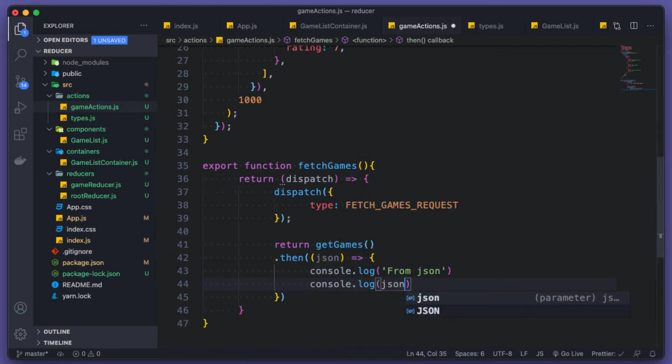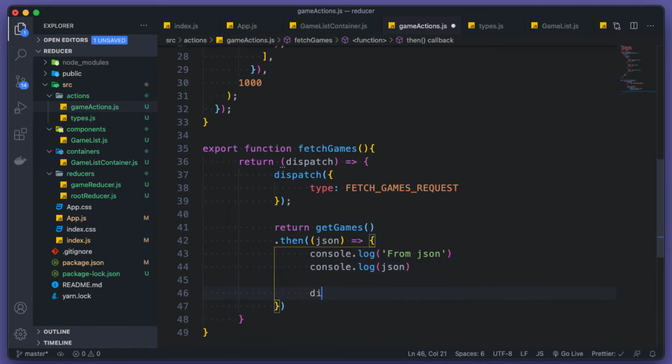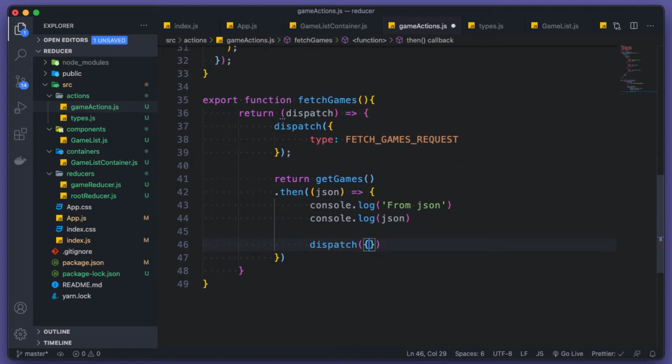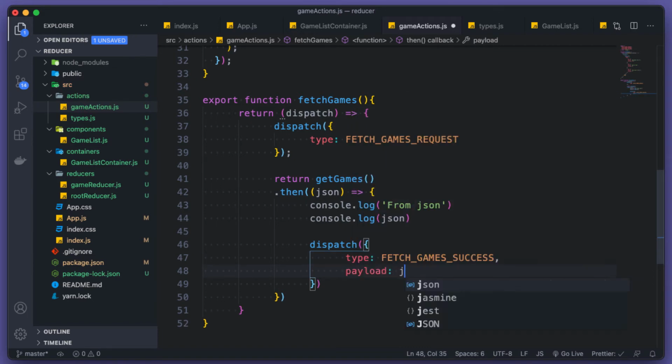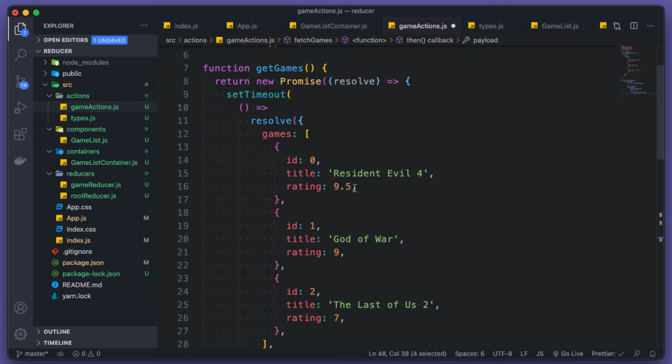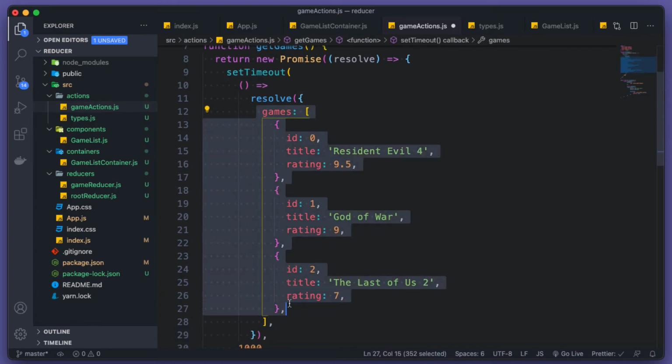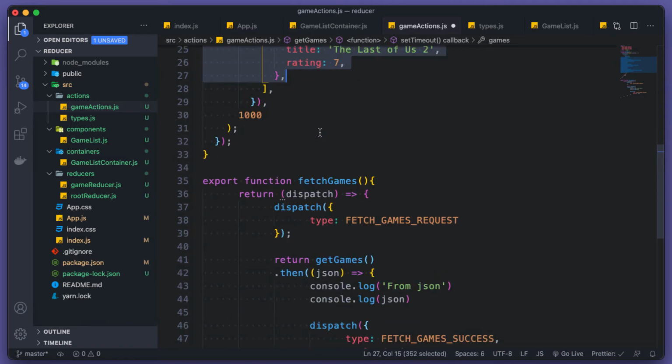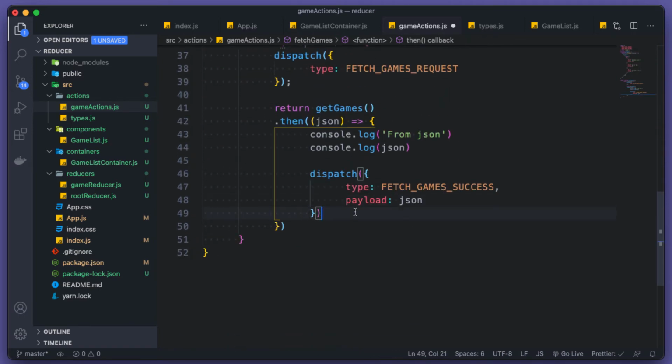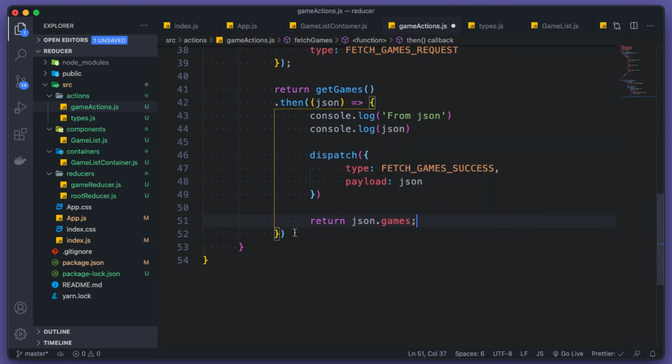Console.log json, and then we're gonna dispatch another action type. So this one will be type FETCH_GAMES_SUCCESS, and also pass along the payload, which is the result from getGames. This one is here, this games array, and we need to return something. Just return json.games,